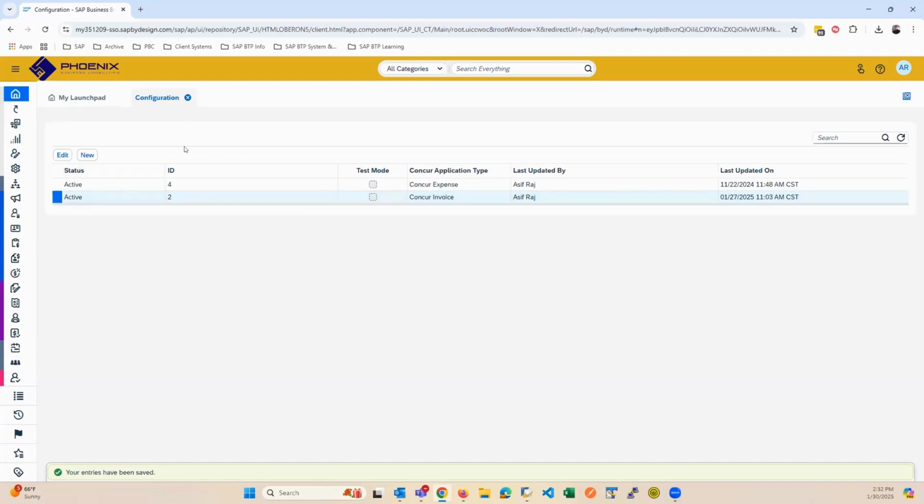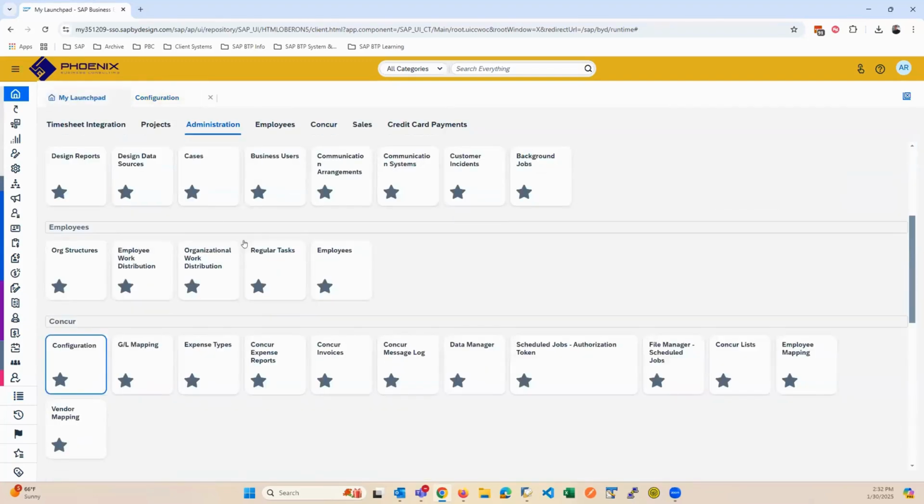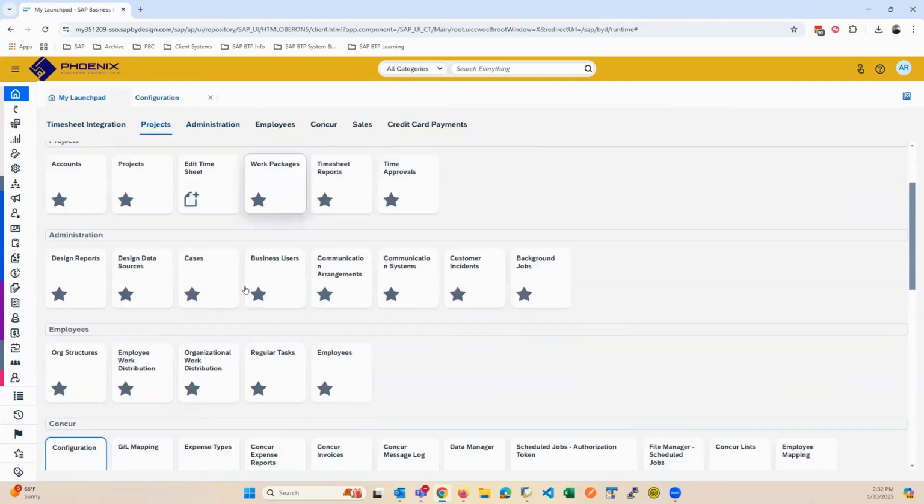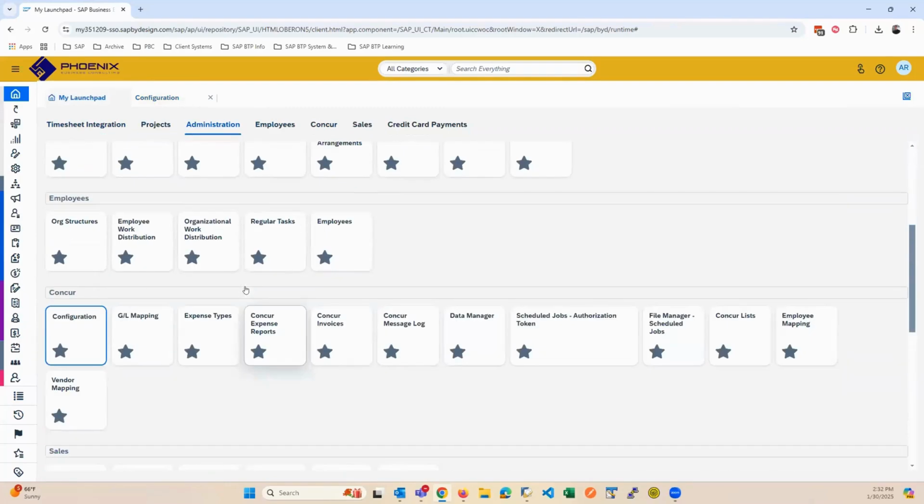We created an add-on solution, and the add-on solution is now integrated within the ERP system itself. The screen I'm showing you is for ERP systems, SAP Business ByDesign, but the same thing also works with other ERP systems through SAP BTP as well. As you can see under Concur, I have these